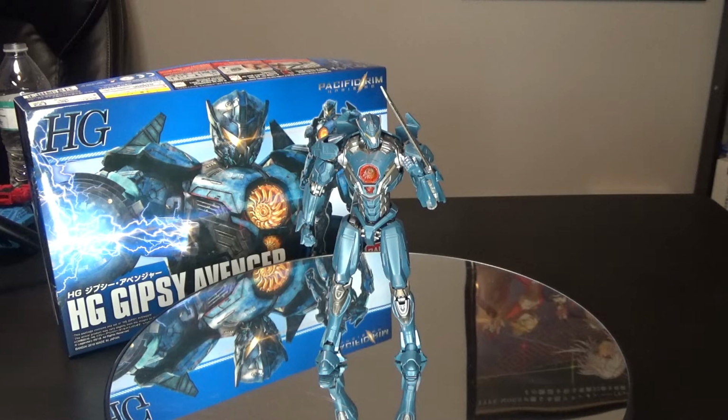So I don't remember if the Gipsy Avenger is still nuclear powered like the Gipsy Danger was, but it has a more streamlined and slimmed down design compared to the Gipsy Danger, and is capable of a lot more dynamic and agile movement as a result. But it's equipped with a variety of weapons, including the plasma cannon we see there on the box art, and the chain sword, which it has equipped here on the figure itself and on the box art